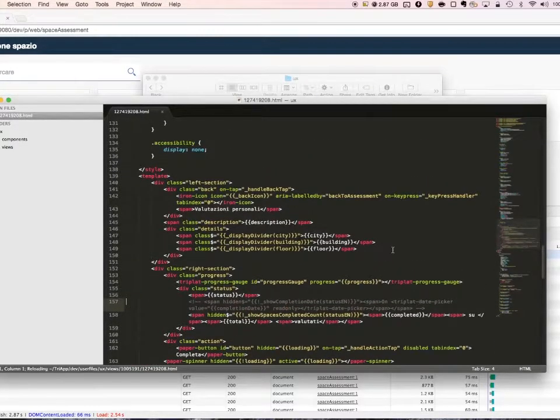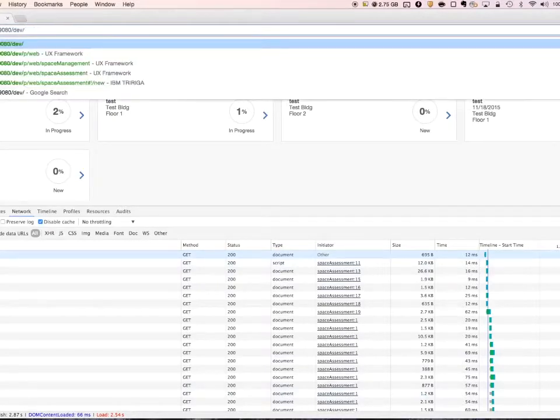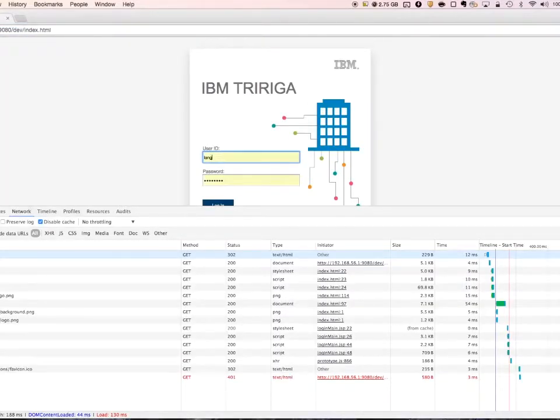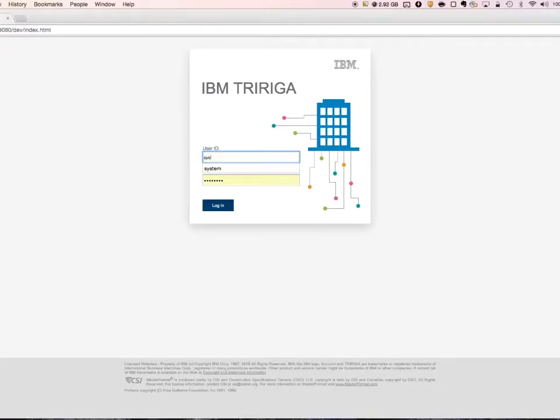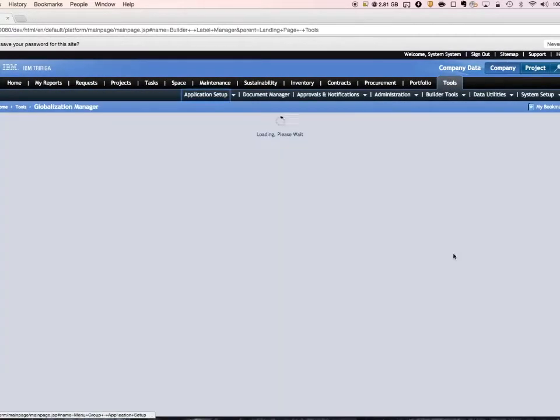Right, so you should see this one in the screenshot earlier. This is the translated version of that view file. So let me show you what has been changed in the Globalization Manager. If we log into the TRIRIGA application, under Tools,